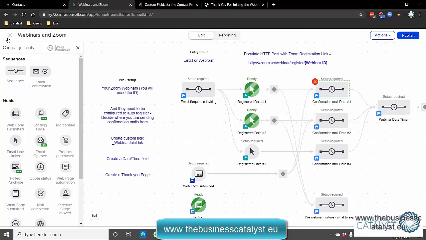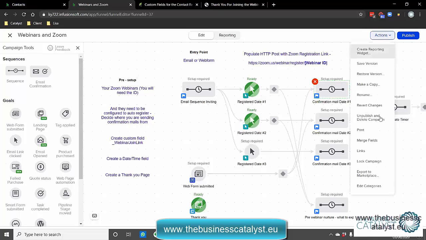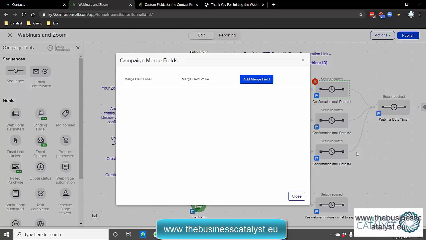So as far as campaign merge fields go, this was a revolution to me when I discovered it. Merge fields and campaign links. So this is a merge field that is universal across just this campaign. So if you have the same webinar join link,